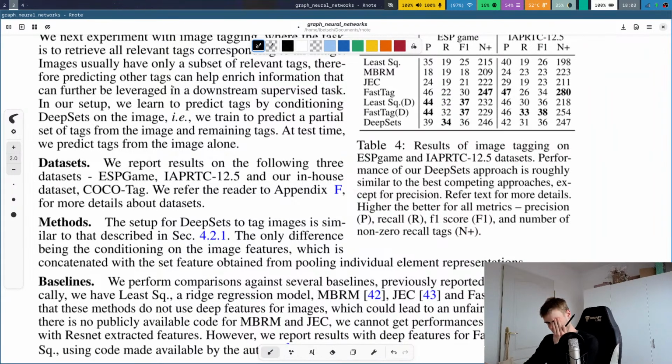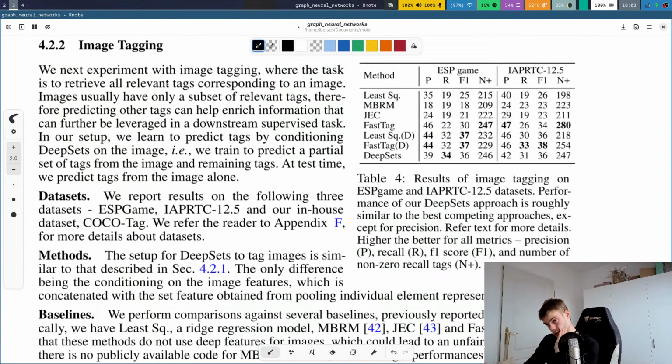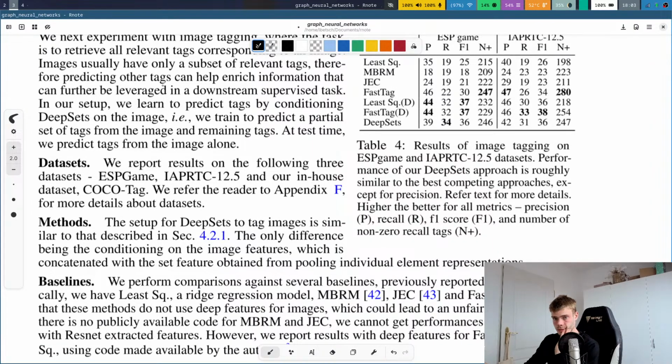So the set is the output, right? They're just one image. And then at test, note that a particular baseline does not do as well as